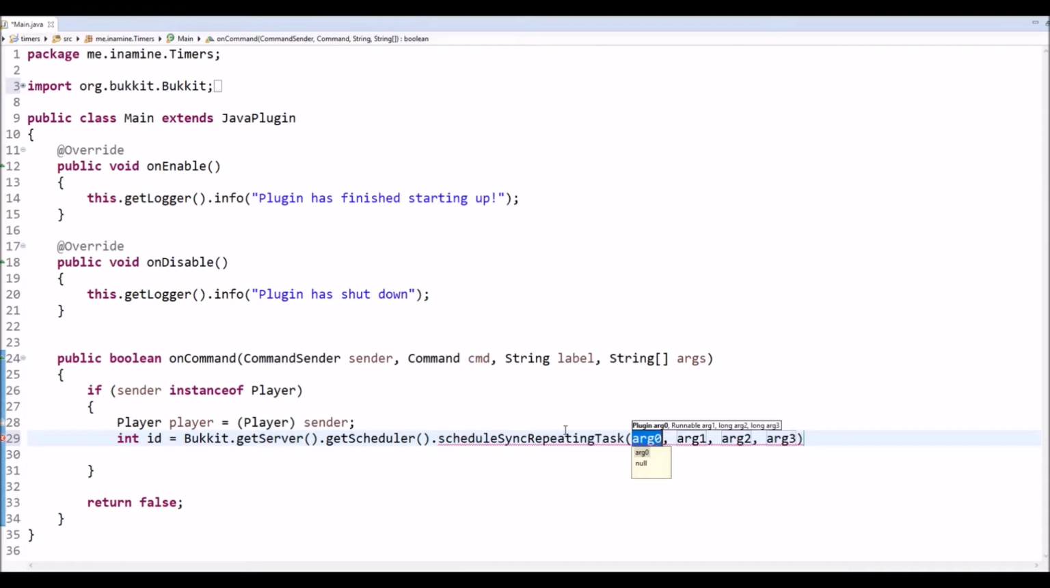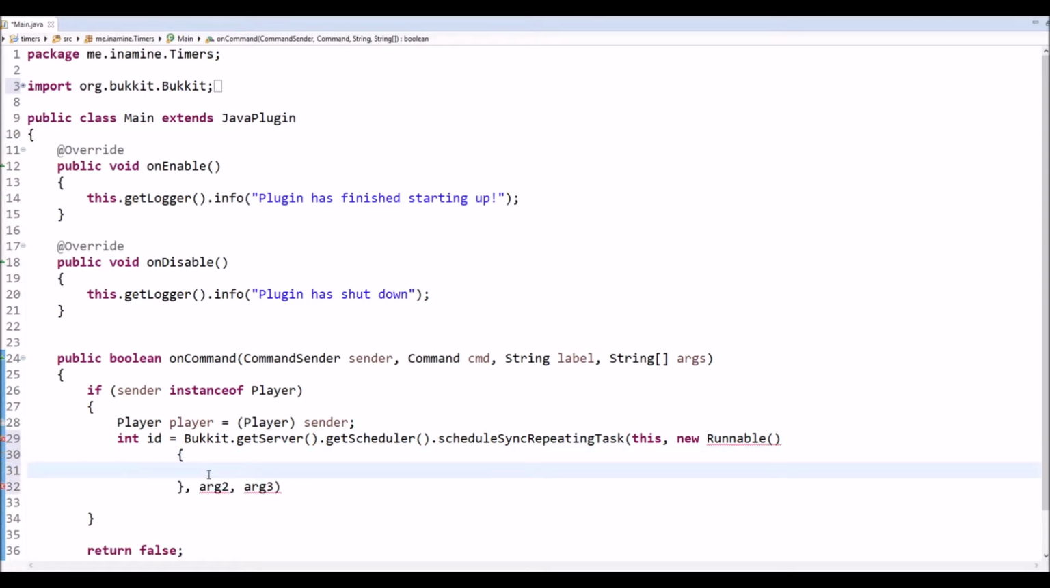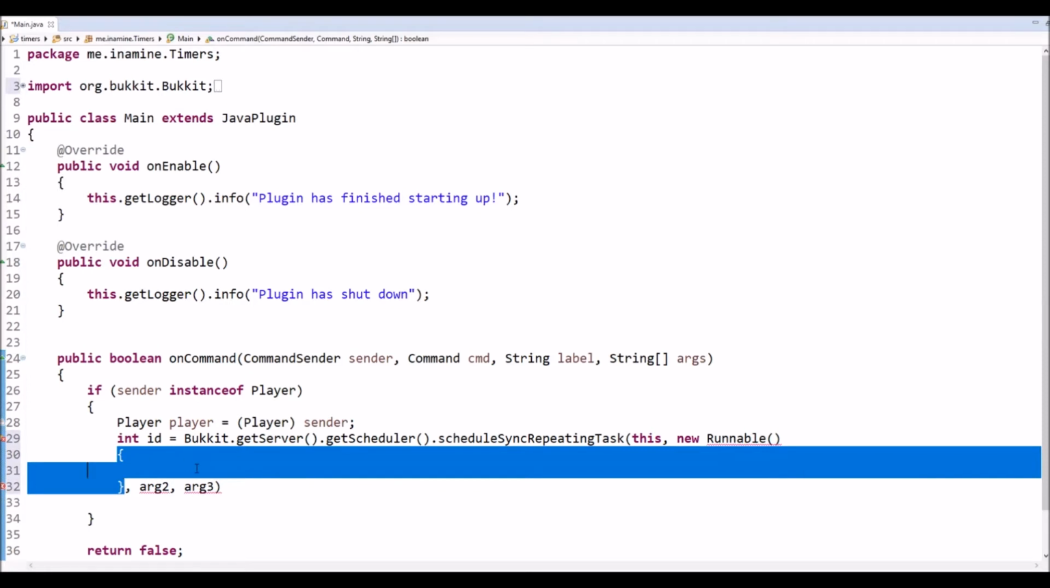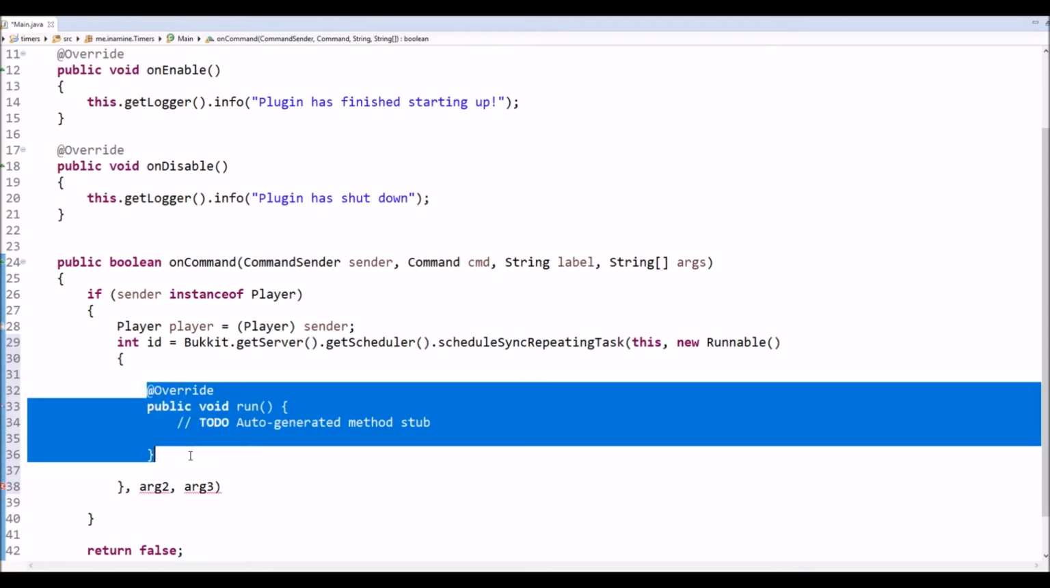Schedule sync repeating task. If you're running a multi-class plugin, you'd want to get an instance of your main class and use that instead of putting this there. But since this is equal to our main class, we can just put this, new Runnable(), and then you want your squiggly brackets, and I'm just going to shift tab those back because I like how that looks. Now if we mouse over Runnable, we can click add unimplemented methods. What that's going to do is add the run method here,